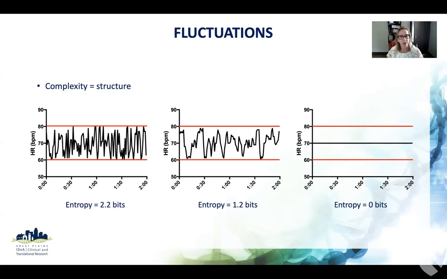So if you think of something that's perfectly repeatable, such as the one you see on the right, it gives you no information. If you're familiar with the concept of entropy, it's kind of giving you information about the order and disorder within the system. So you're really gaining no bits of information when it's always the same. And then if you look at the far left, it might be a bit more random, so you're gaining a lot more information. So really the idea of complexity is this idea of how much information, probability you have within